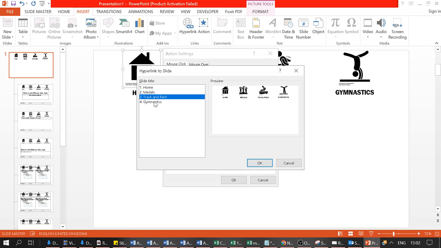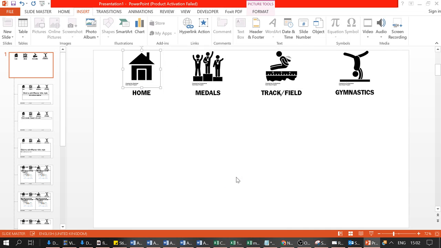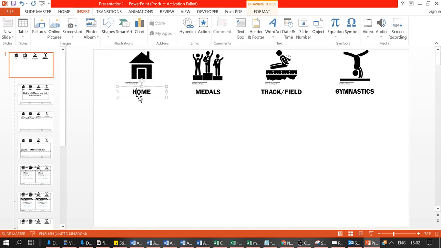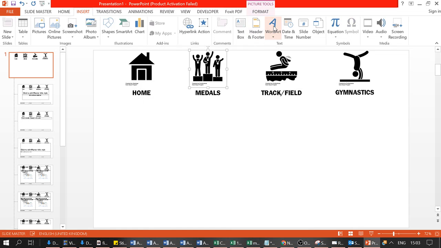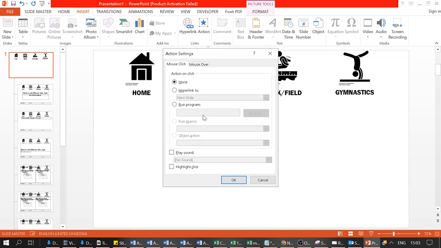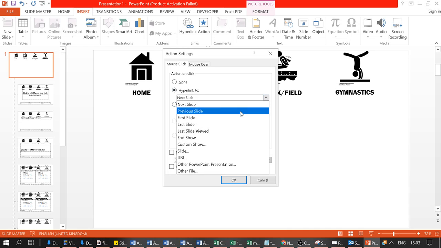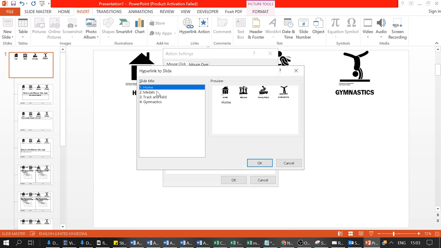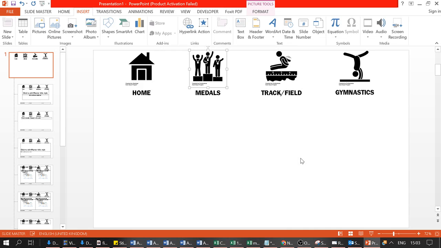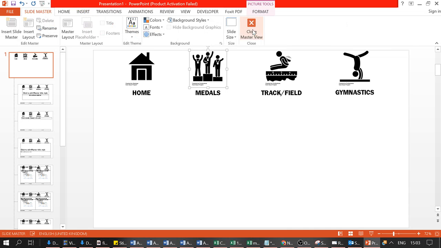Notice how all the names come up because we already named all our slides previously. Okay. And you can do the same for the text if you want, or you can just keep it as is. So we're going to do insert action, highlight when mouse over, and then hyperlink to the slide, and we're going to go to medals. What should happen now is if we go Slide Master and close Master View,